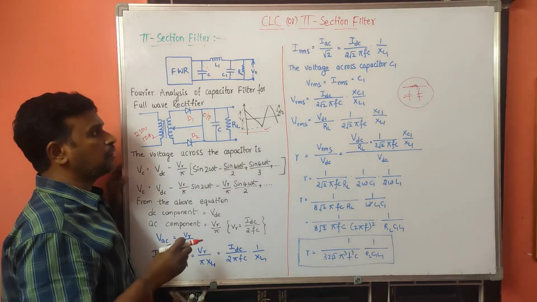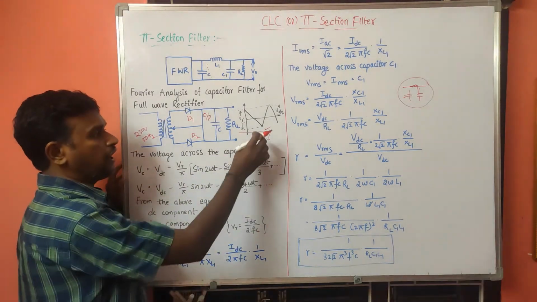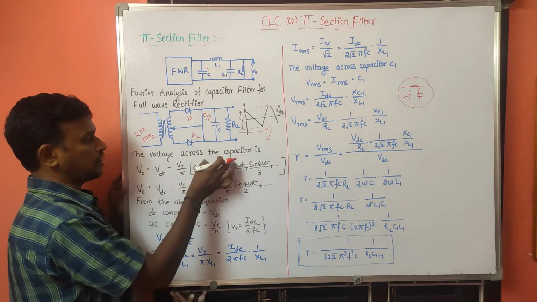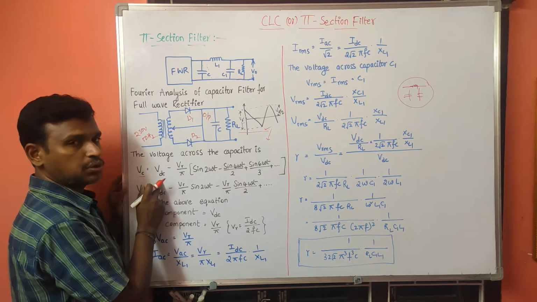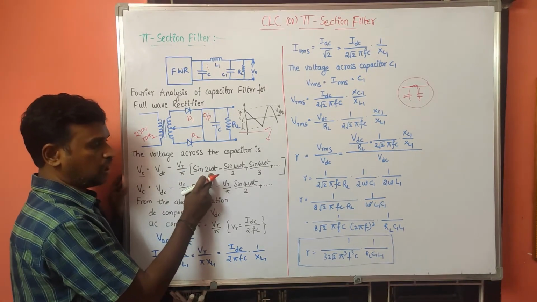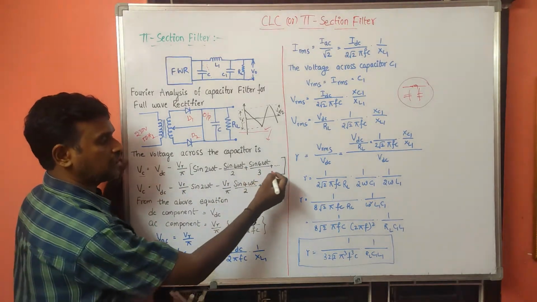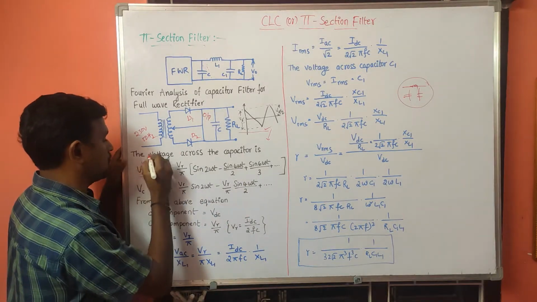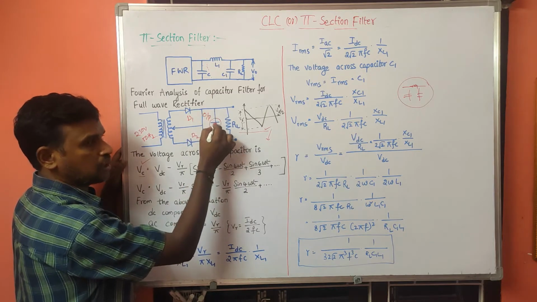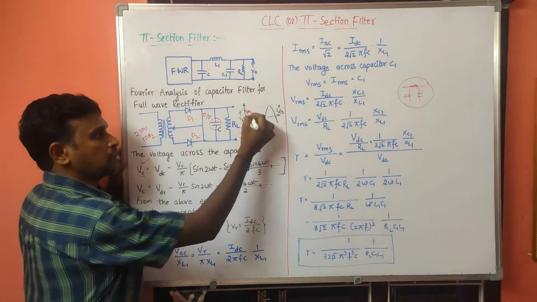Okay. So now I can represent this output with Fourier series. So I will find out the Fourier series of this waveform. If I find out the Fourier series of this one, the voltage across the capacitor is Vc equal to Vdc minus V gamma by pi times sin 2 omega t minus sin 4 omega t by 2 plus sin 6 omega t by 3, like that we will get. So what is this one? This is nothing but the output of the capacitor. The output of the rectifier is given to the capacitor, and that capacitor output, or the filter output, is nothing but this one.